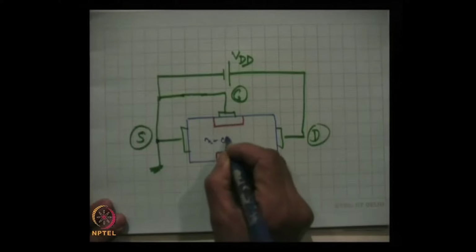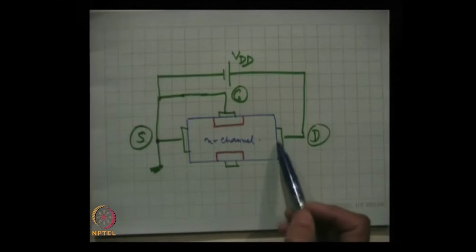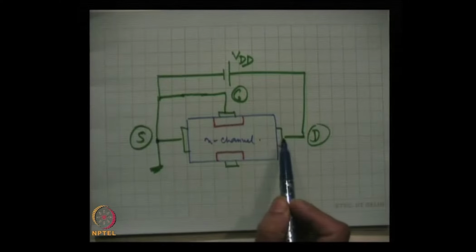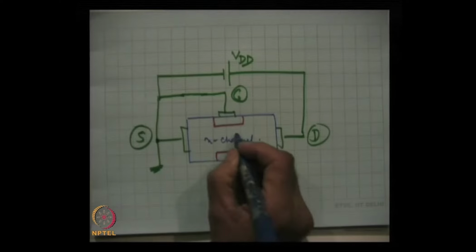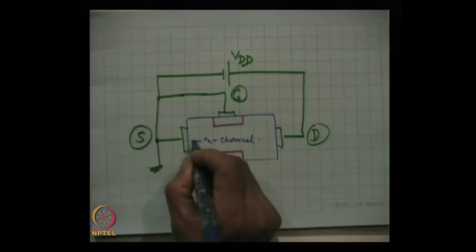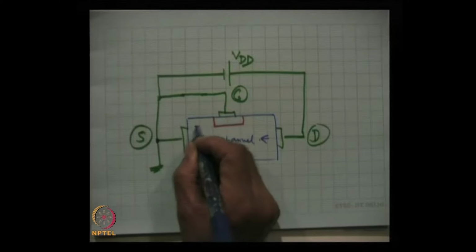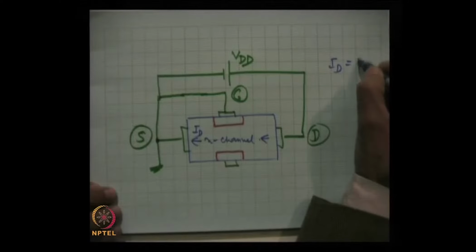Here, because this channel is n type, n channel, and this is the positive electrode drain, electrons will flow into this, they will come out and they will enter from here, and drain current flows in this direction. Here in this direction, the drain current is written as ID. ID is the drain current